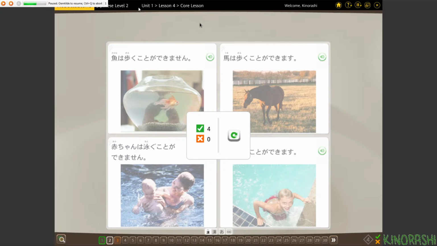Aruku, Japanese conjugation. Aruku, plain, indicative, present. So, and then the other one I wanted to check out was